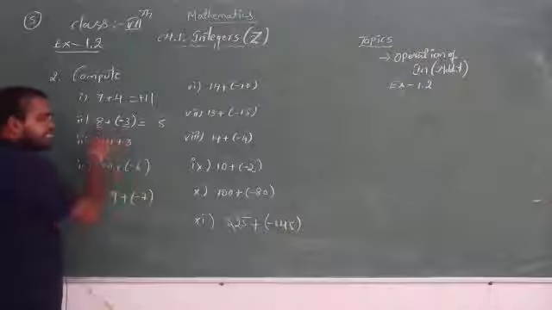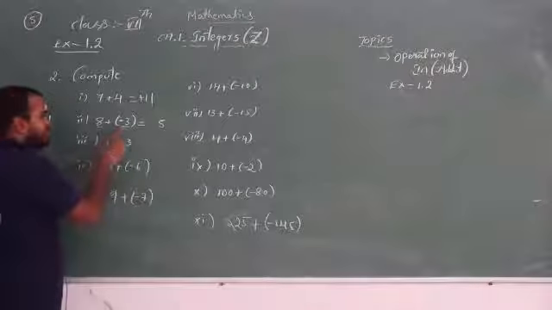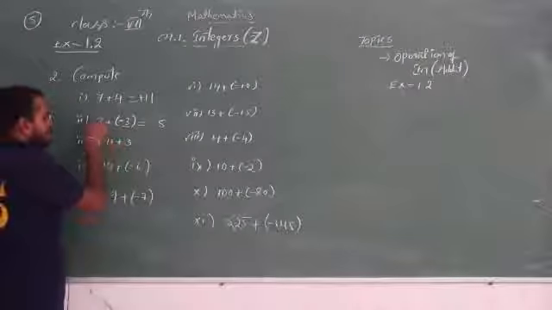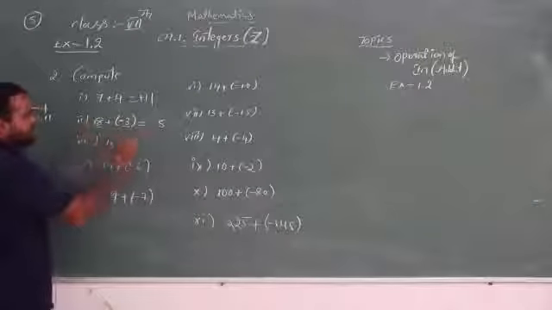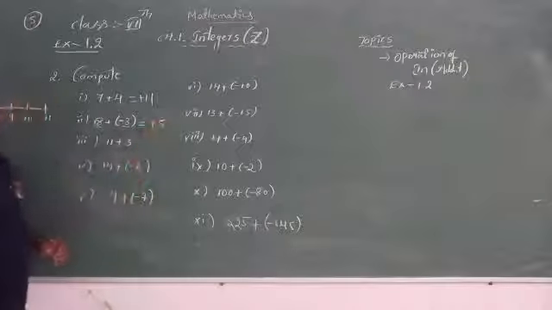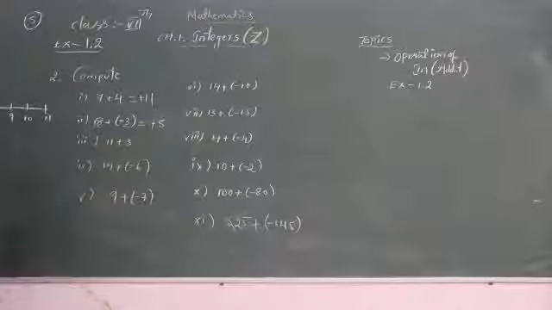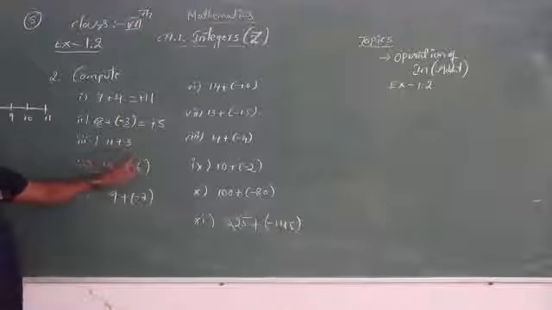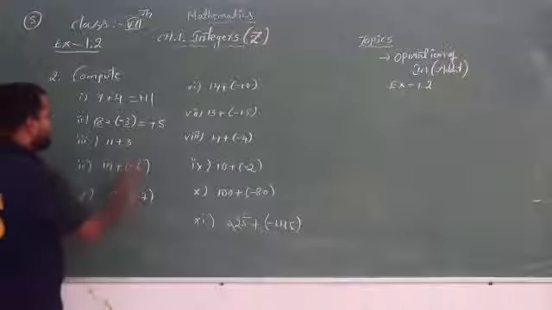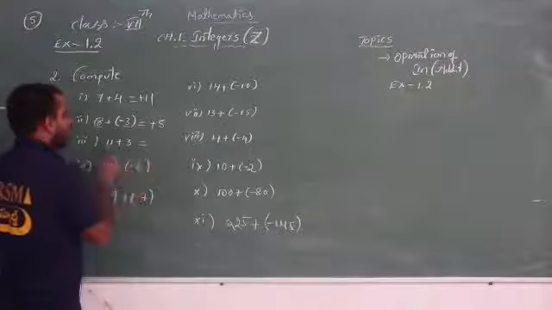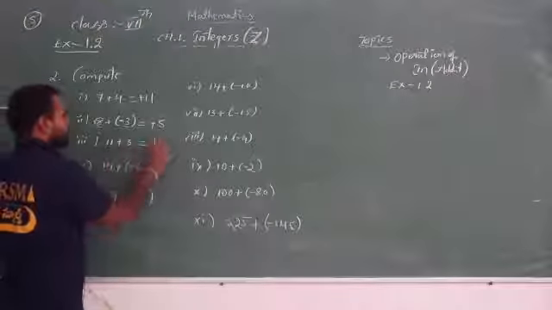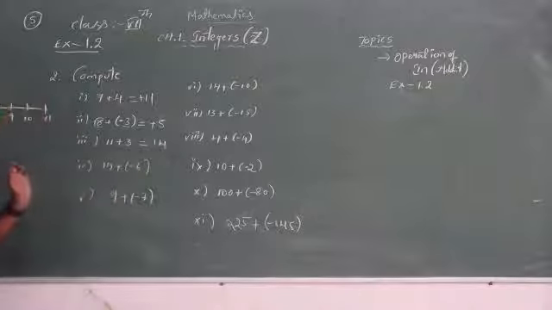Which value is bigger here? 8 is bigger. And which sign will it have? Nothing there means plus. So our answer is plus 5. If you write 5 also, yes, it is correct. Now adding 2 positive integers. If you are adding 2 positive integers, directly you add 11 plus 3. So it is nothing but 14.